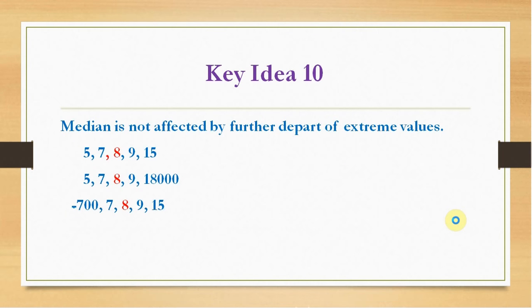The last idea relates to the effect of any departure of extreme values on the median. It says that if we increase the largest number to an even larger number, the